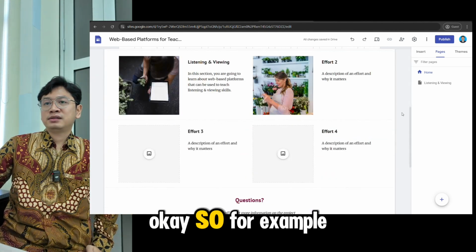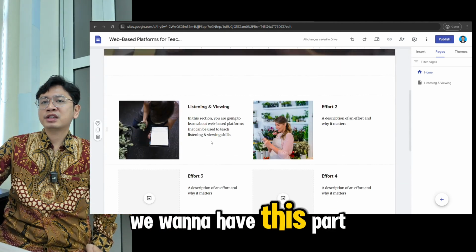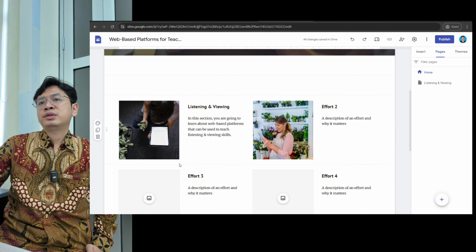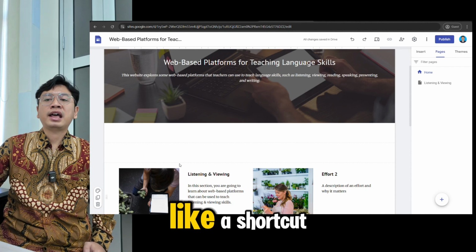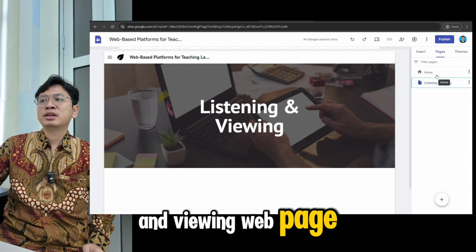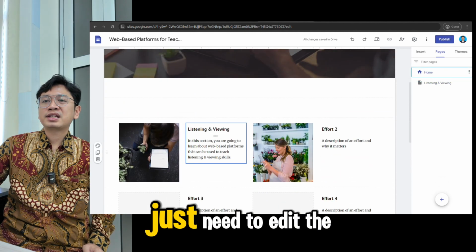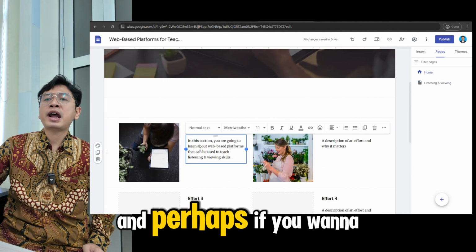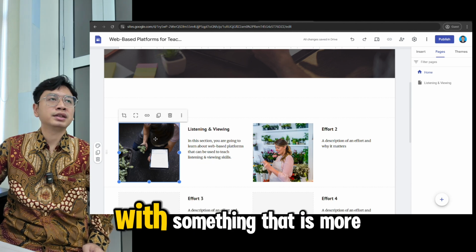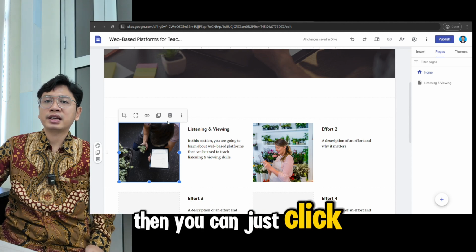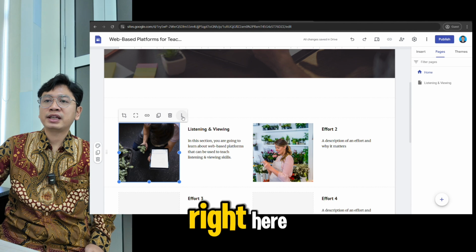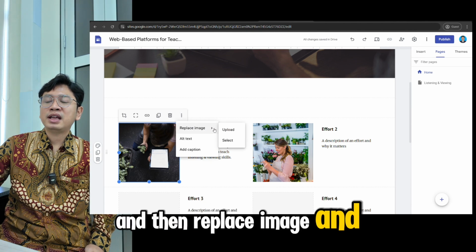Okay, so for example, we want to have this part of the home page to function as an icon, like a shortcut to get to the listening and viewing web page. So it means that you just need to edit the title and then the description, and perhaps if you want to replace the image, the picture right here, with something that is more relevant, then you can just click this one. More editing option, the 3 dots right here, and then replace image,